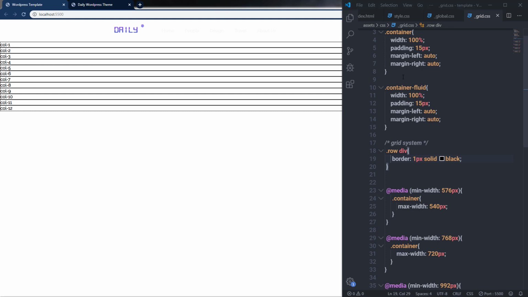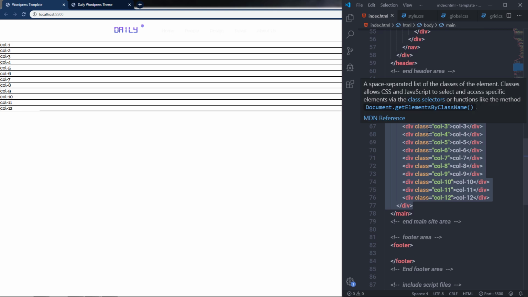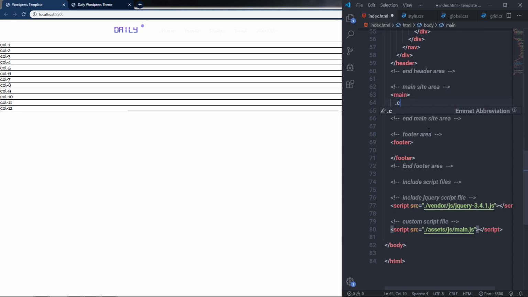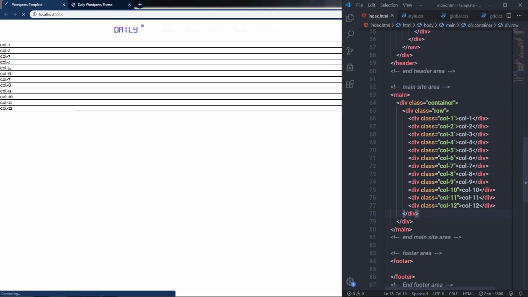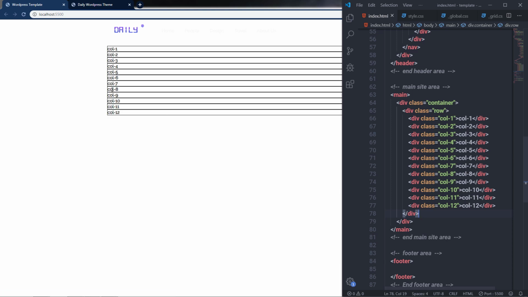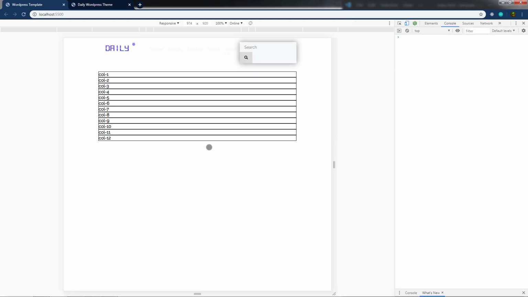Now what I'm going to do is put these columns inside the container. So I'm going to grab this row, cut it, and put this row in the container tag. So I'm going to say here container, and inside it I'm going to paste this row like this. Save all the changes. Now you can notice we have these columns in the container. Now let me open the inspect tool by pressing Ctrl+Shift+I. This will open the inspect tool, and now let me show you how you can make these columns